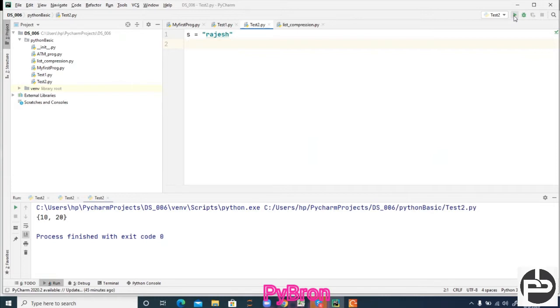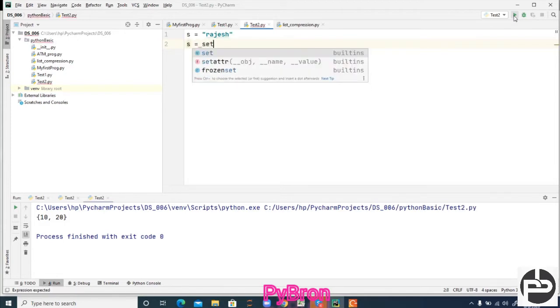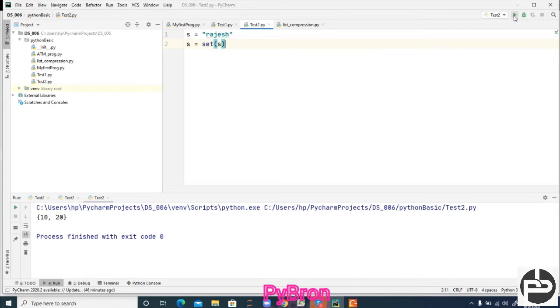Typecasting. If you want to convert anything into any form, then we should go with typecasting. So set, and inside set we pass this s, and now try to see the magic. If we are going to print s, Shift F10 is the shortcut key to run.